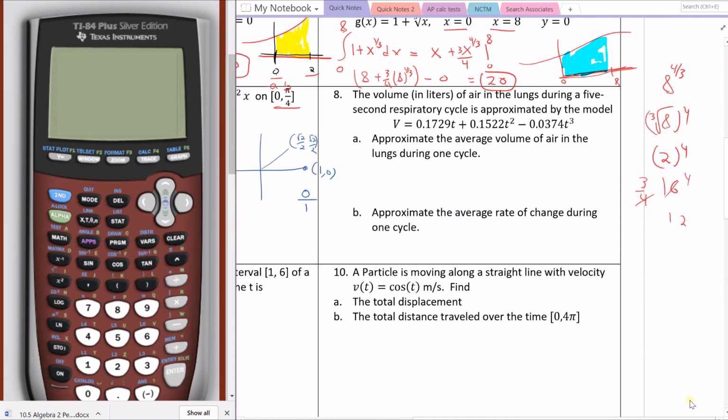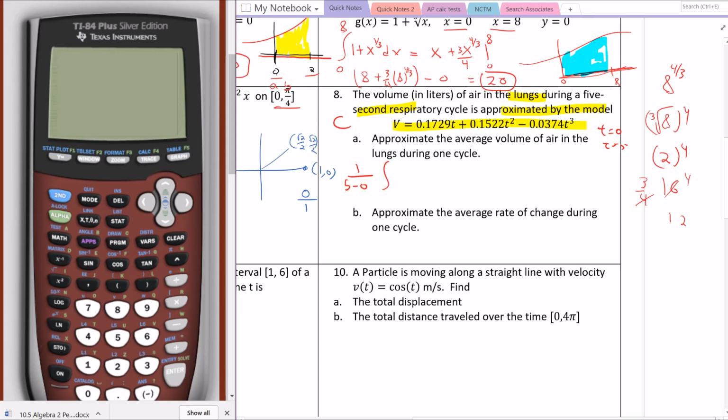The volume in liters of air in the lungs. This is a cool problem because it has some applications. The volume during a 5-second respiratory cycle is approximated by this model here. Approximate the average volume of air in the lungs during one cycle. So we want to know, on average, how much air is in our lungs during a cycle, right? And this was a calculator problem, so again, we just need to set up an integral. It says during the first 5 seconds, so we're going to go from t equals 0 to t equals 5, which means